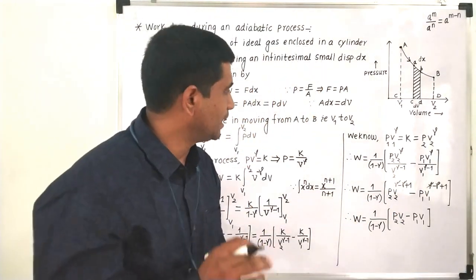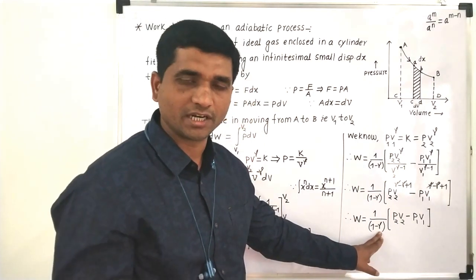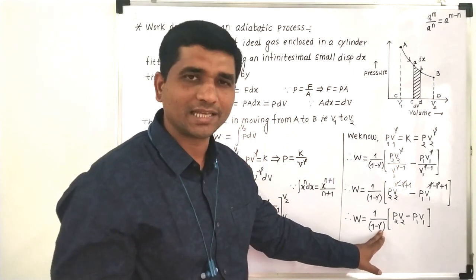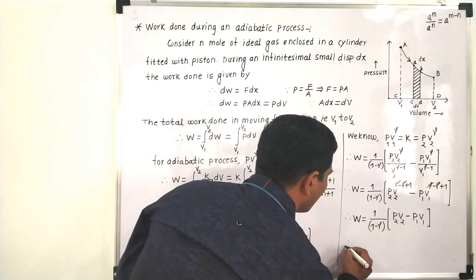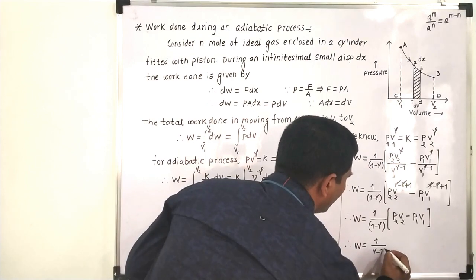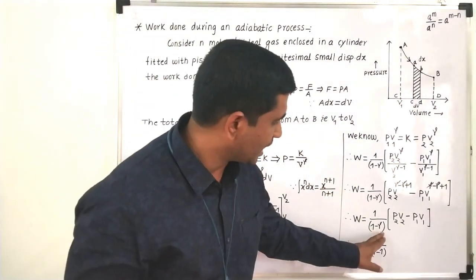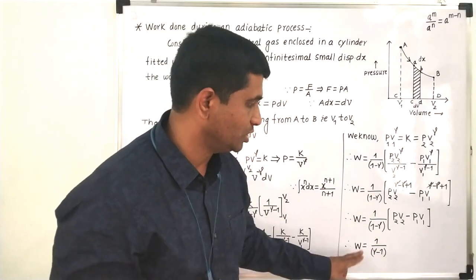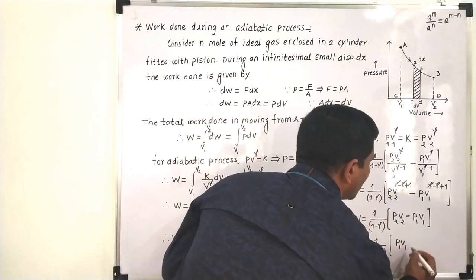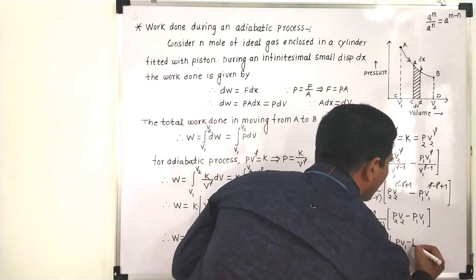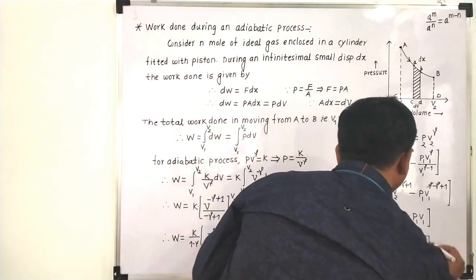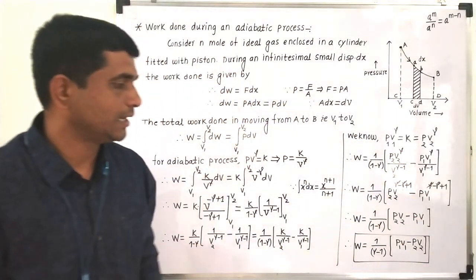Now what we will do, we know that the adiabatic expansion ratio for any gas is greater than 1. So if I calculate this value, 1 minus gamma, it will come out to be negative. So instead of that, I'll write this expression in this form. Instead of 1 minus gamma, we will write gamma minus 1. So if I write gamma minus 1, I'm taking a minus 1 common from this one. If I give that minus sign common inside this bracket, this minus becomes plus and this plus becomes minus. So it will be P1 V1 minus P2 V2 upon gamma minus 1. Okay. So this is the final expression for the work done during an adiabatic process.